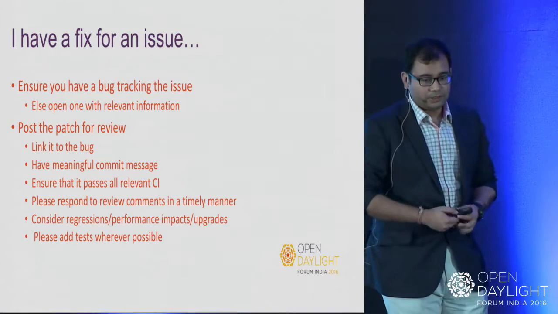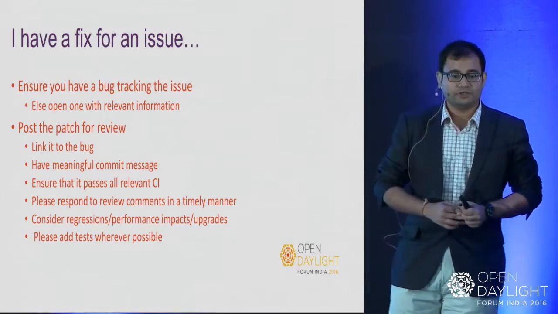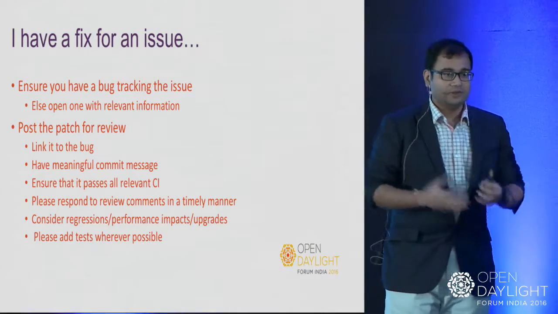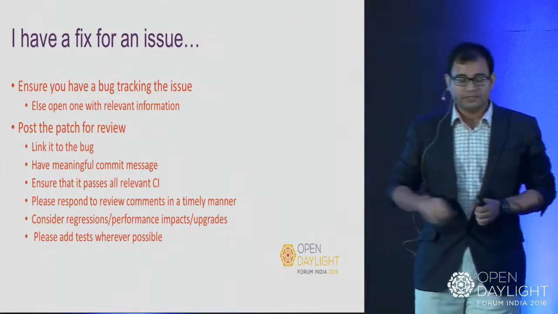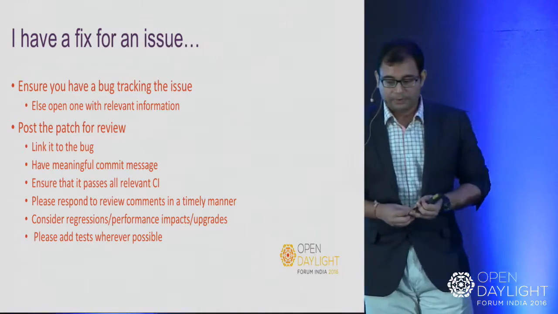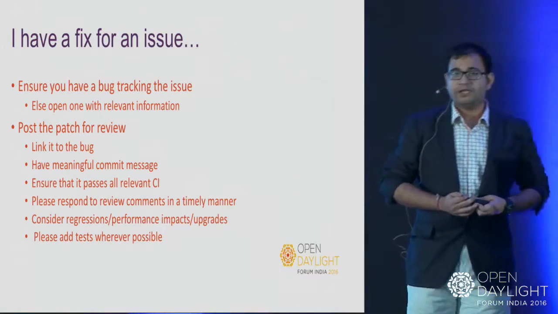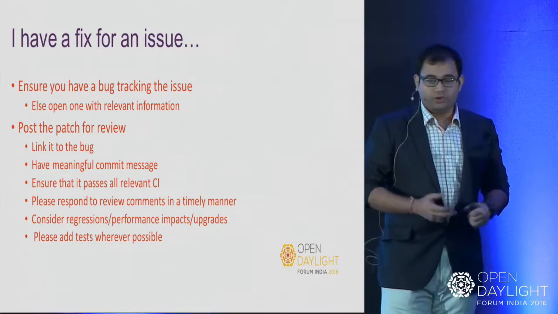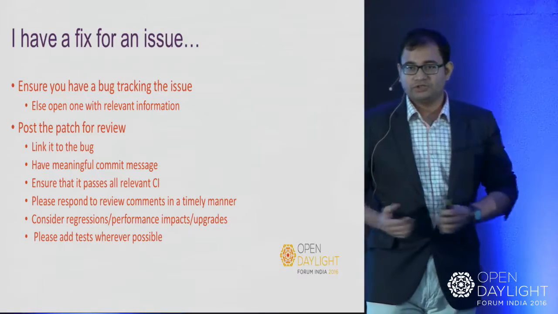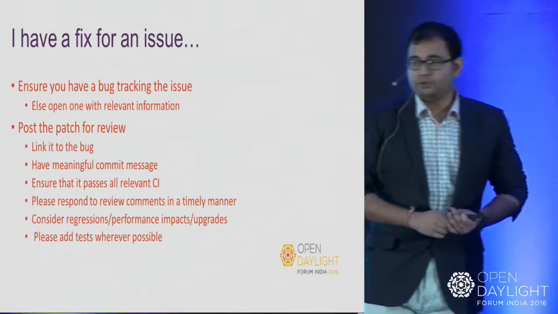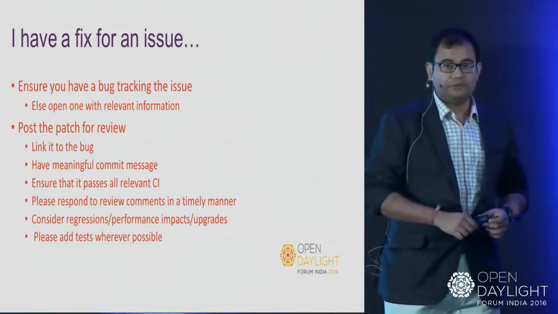So yeah, apart from linking the bug, now we have fixed the issue. So I have a patch that fixes the issue. One of the things that I would always say is link the patch to the bug, so that a reviewer taking a look at it knows exactly what issue the patch is solving. More often than not, the commit messages in patches are pretty terse. If I'm a reviewer looking at the patch, I don't know what you are actually solving. You say, I'm adding a nice extension for, suppose, an MPLS label. I don't know why you're doing it. Yeah, the code looks good, but why are you doing it? So always have a meaningful commit message.